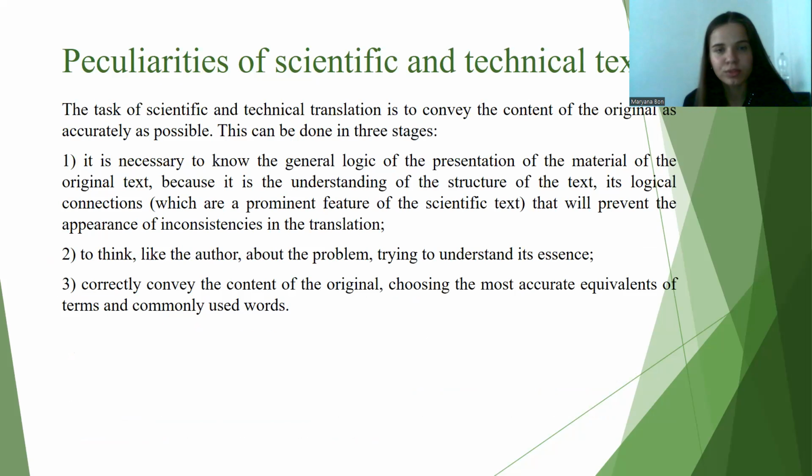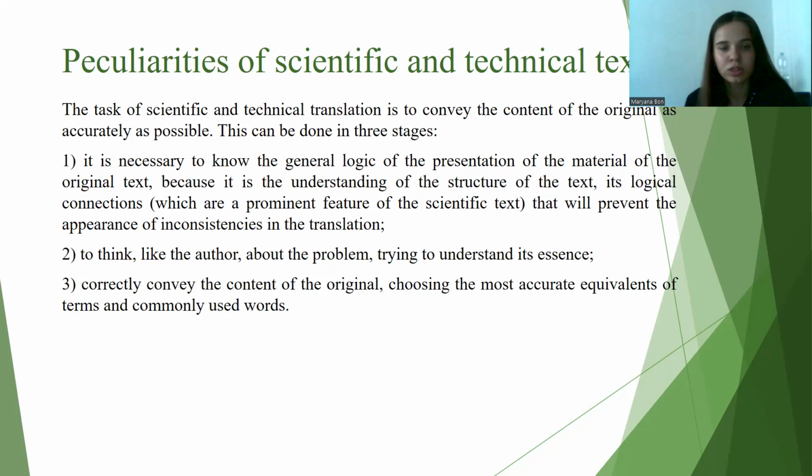Peculiarities of scientific and technical texts. The task of scientific and technical translation is to convey the content of the original as accurately as possible. This can be done in 3 stages. The first one: it is necessary to know the general logic of the presentation of the material of the original text, because it is the understanding of the structure of the text and its logical connections, which are a prominent feature of the scientific text, that will prevent the appearance of